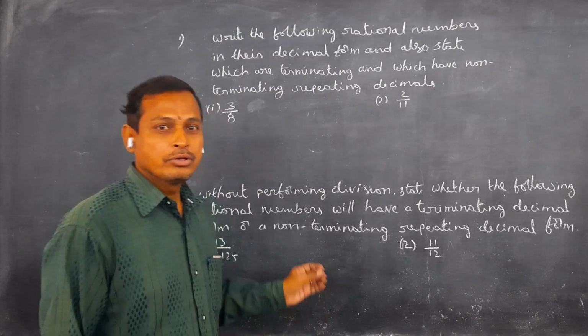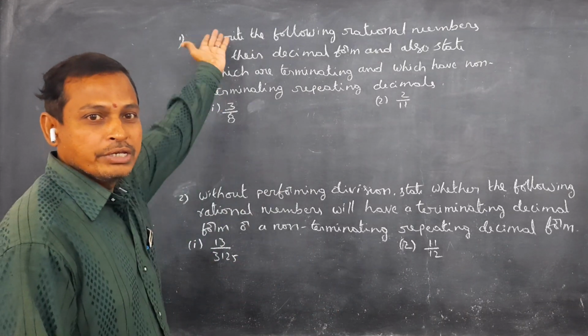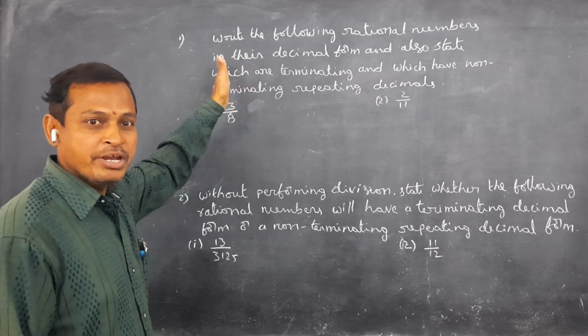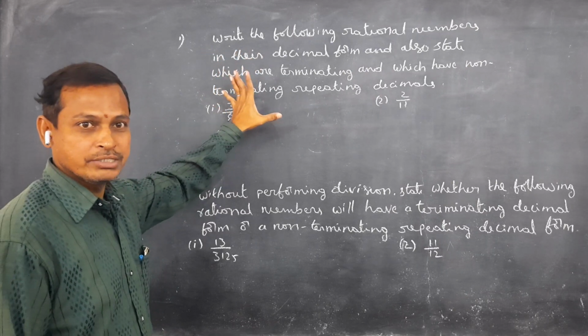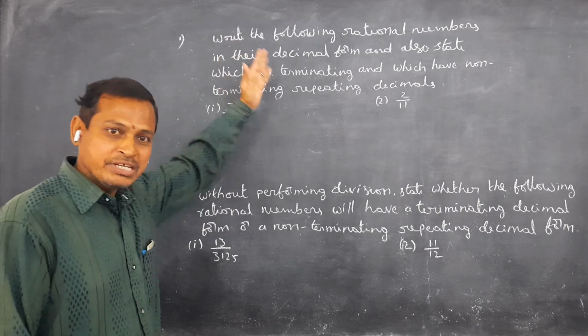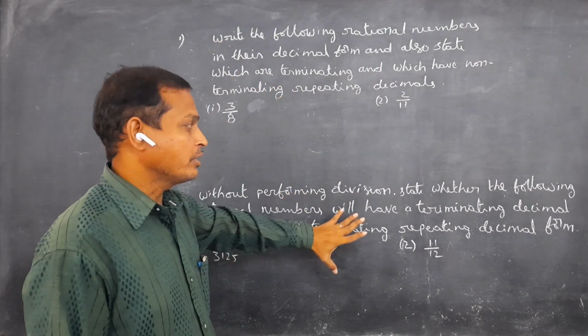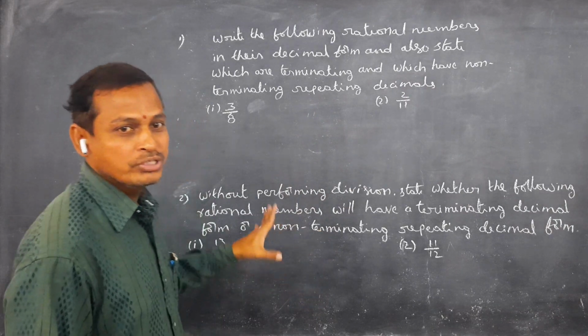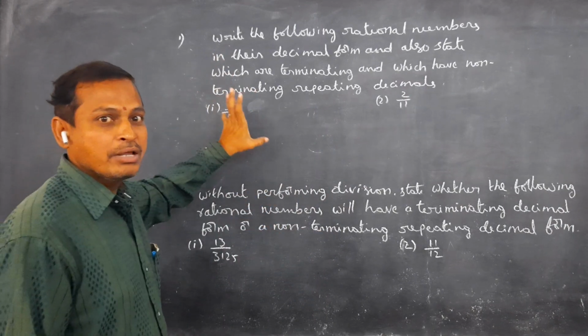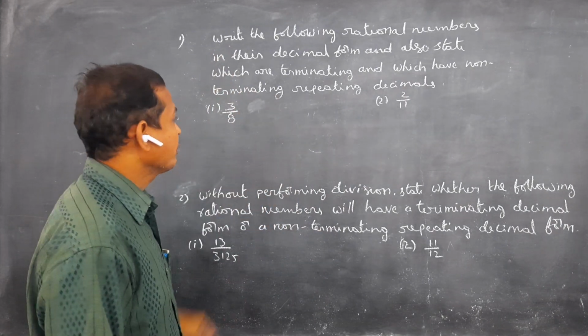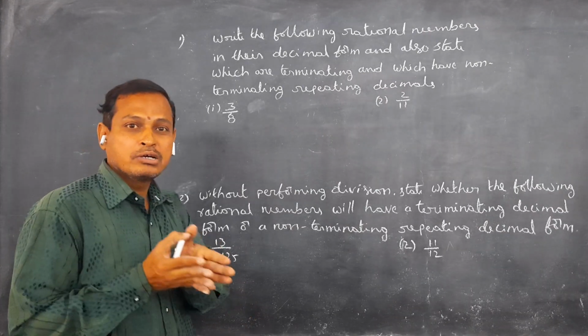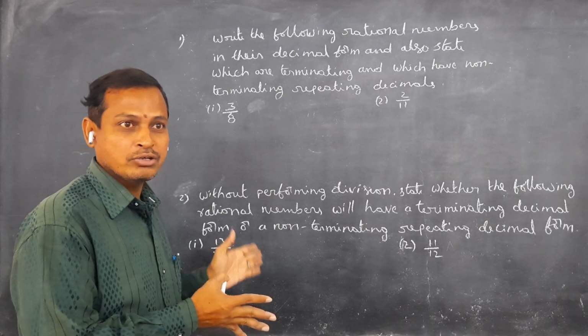Dear children, today we will discuss the division method for deciding whether a decimal is terminating or non-terminating. We can do it with the division method and also without actual division. These are the two types of methods. We are discussing real numbers in this chapter, and these can be used in classes 9th and 10th also.